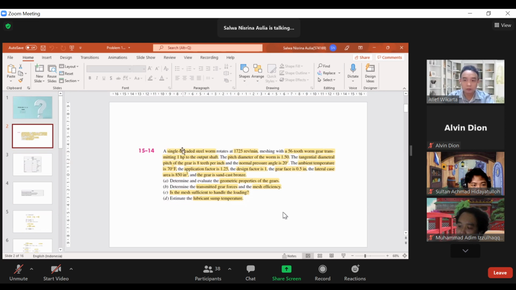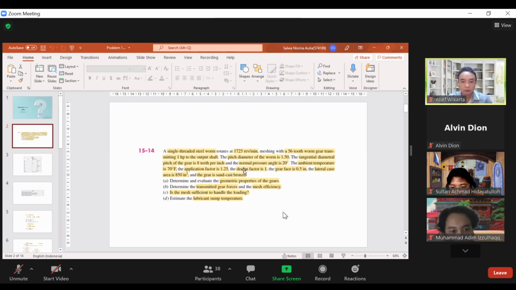We are given the horsepower, output shaft, pitch diameter, tangential and normal pressure angle, ambient temperature, application factor, design factor, gear face, lateral area, and the material of the gear. So we need to determine and evaluate the geometric properties of the gear, determine the transmitted gear force and the mesh efficiency. Is the mesh sufficient to handle the loading, and estimate the